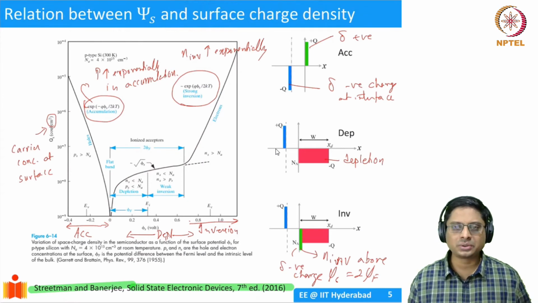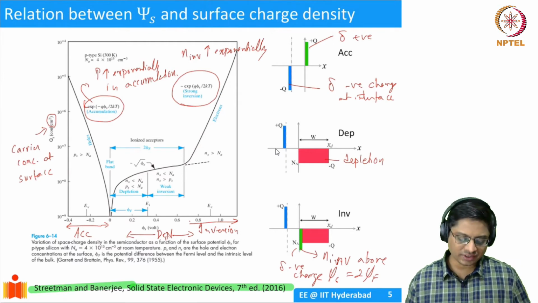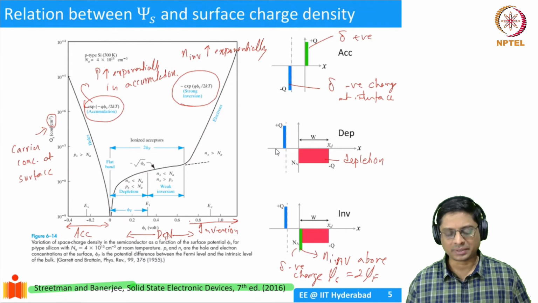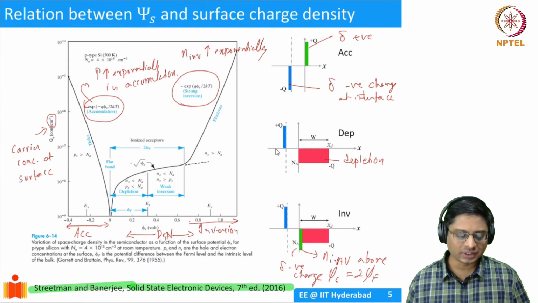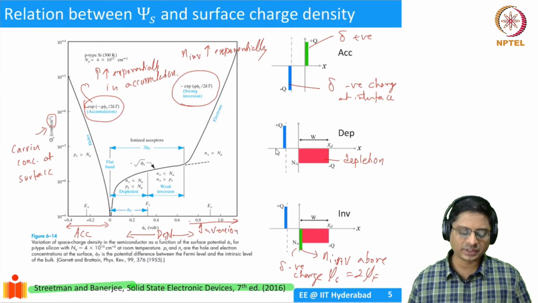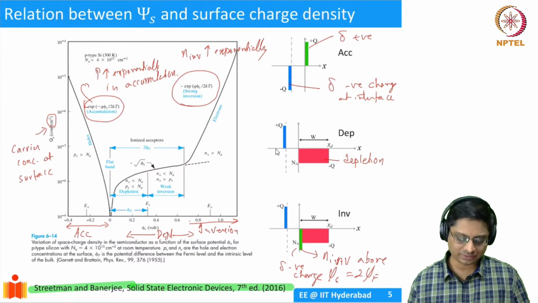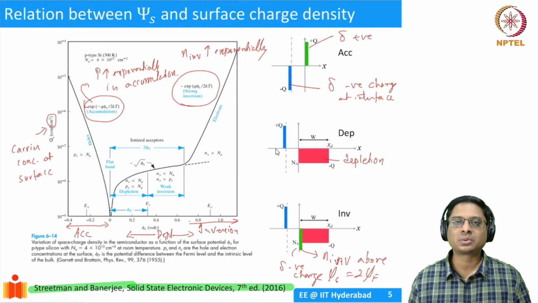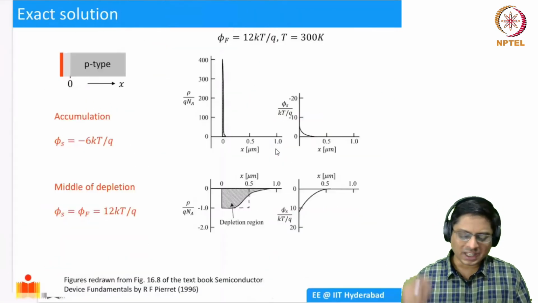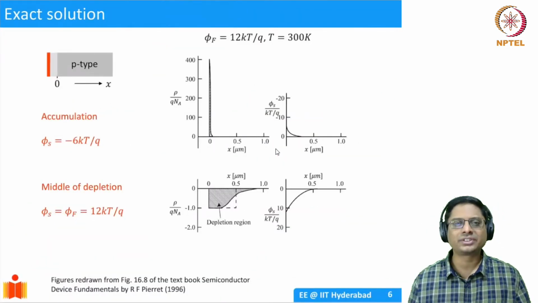I'm essentially presenting you the same information in multiple ways, so that you appreciate the physics of what's happening. It's essential that you understand this, because when we talk about CV, we'll use these facts. You might say this looks okay, but it is not quantitative. It's still a qualitative picture. We can actually do exact calculations of this using software tools.